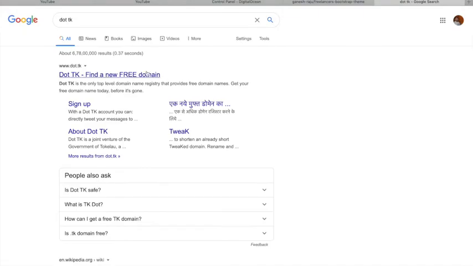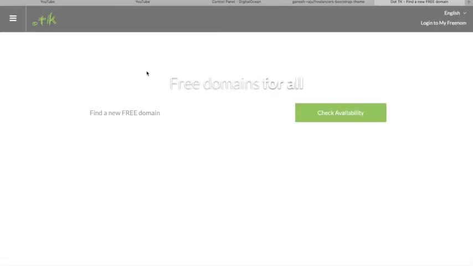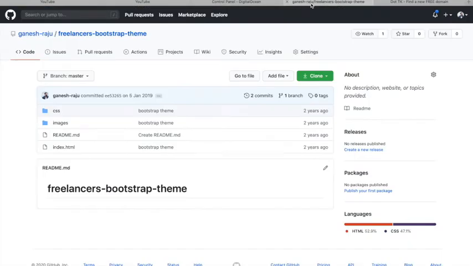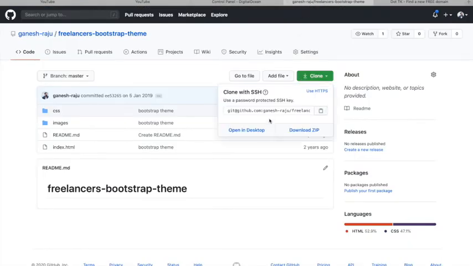.tk sites. You can register a free domain over here, and you can even buy a domain from GoDaddy and others, but the process will be similar. It's very similar. So that's it. First we're going to take this site, copy this, and